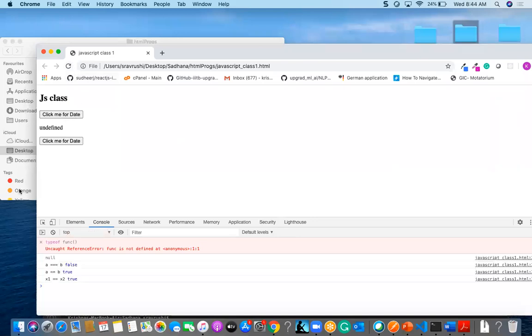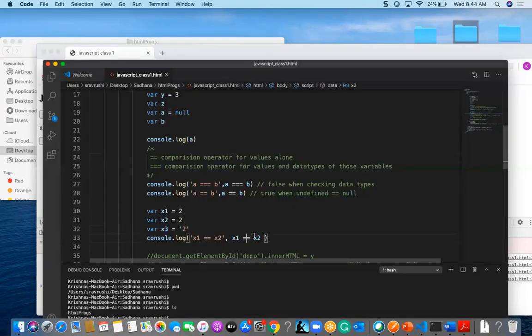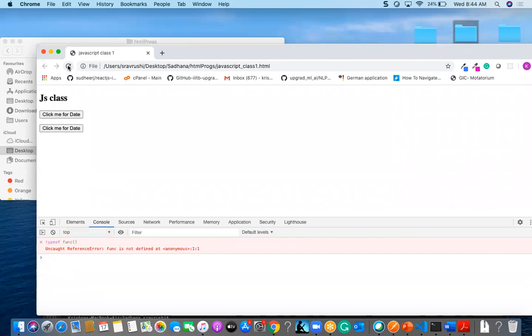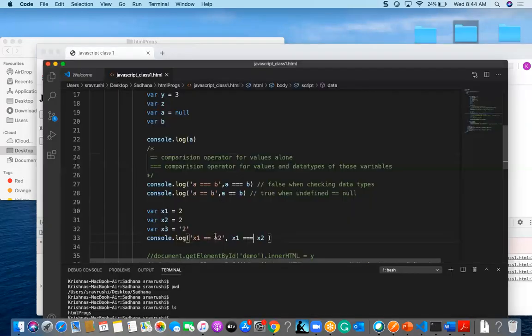It will be true. If we write triple equals also, it will become true. In both cases it will become true.